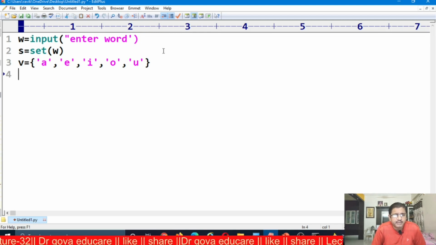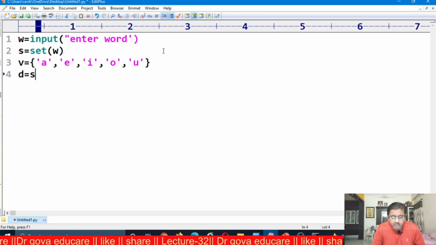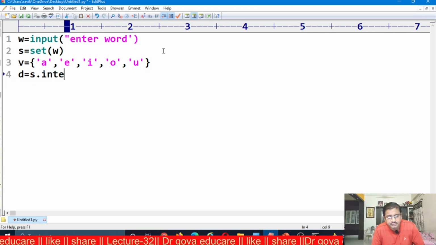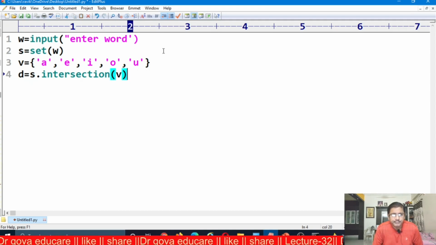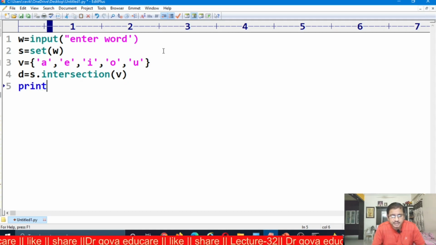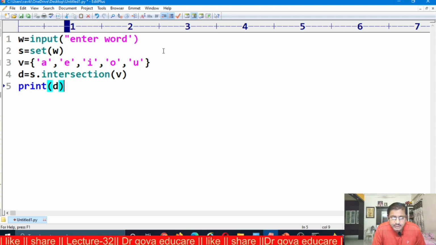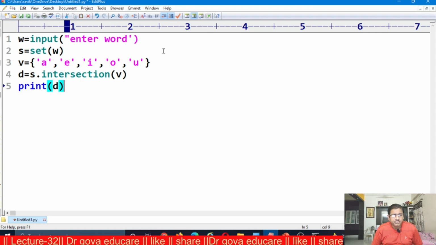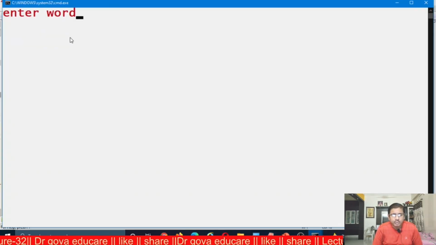I want to find the common elements of the sets using the intersection method. D is equal to S dot intersection of V. Now I want to print D. Now D contains only the vowels contained in W. Enter word: computer.